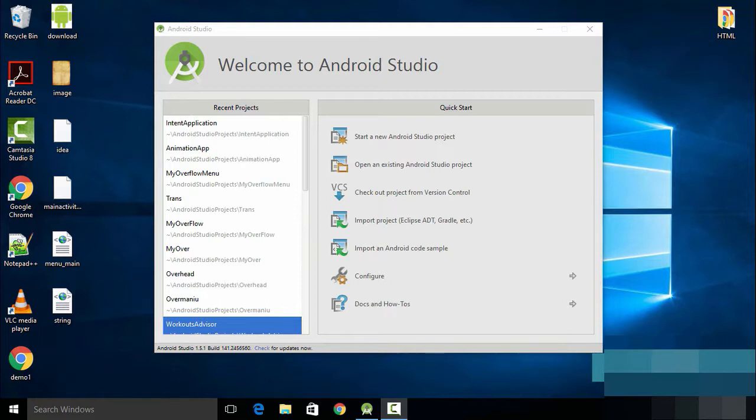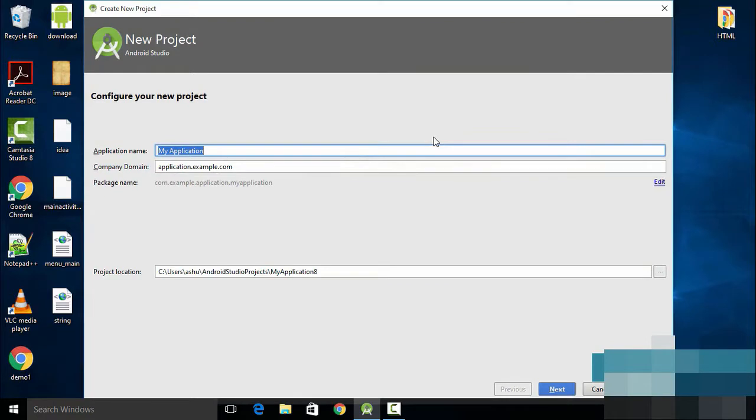So in this tutorial we are going to create two new projects, one for each application. The first project would be the send broadcast and the next one would be the receive broadcast. So let's go ahead and create our first project. We click on start a new Android project, and let's name this as send broadcast,